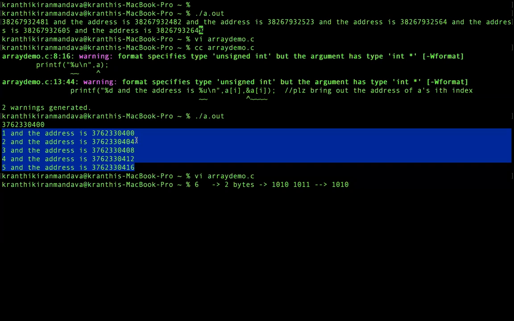Just calculate a small mathematical thing. How many elements are there? 5 elements. Each occupies how many bytes? A primitive data structure occupies how many bytes here, in our array case, which I marked now? See the addresses. Is it 2 or 4? 4. Based on the addresses, you can say that element 1 is occupying 4 bytes, element 2 is occupying 4 bytes. So now calculate 4 into 5. How many bytes are you getting? 20 bytes.